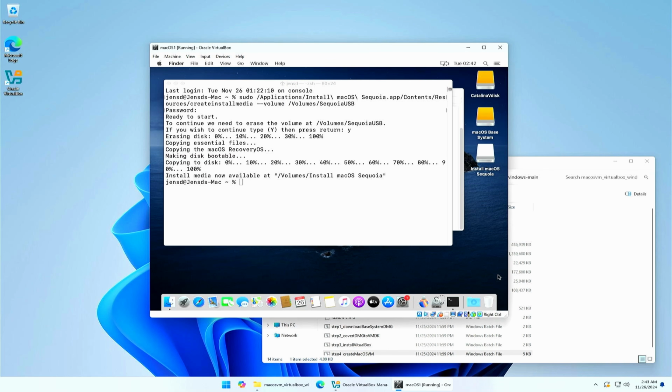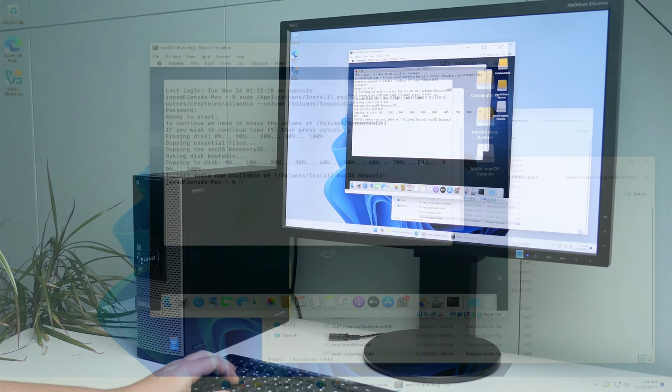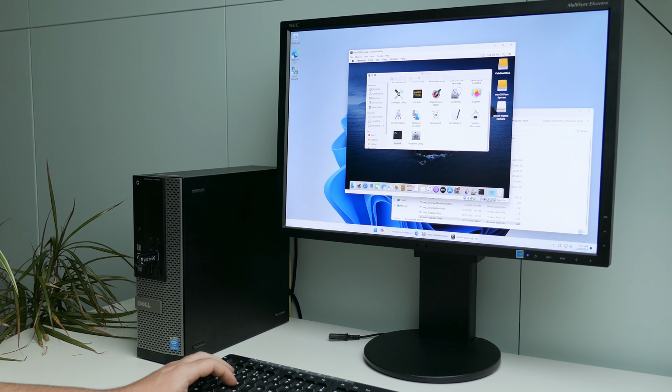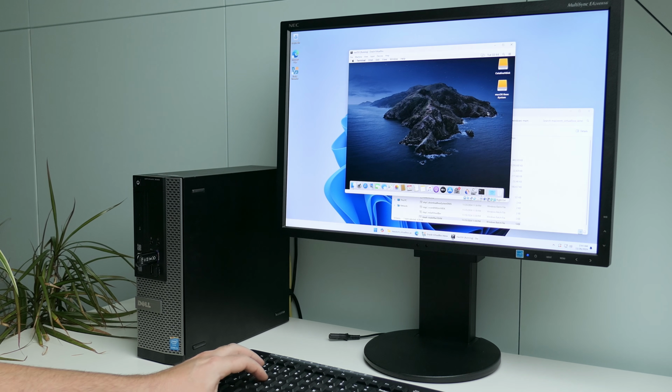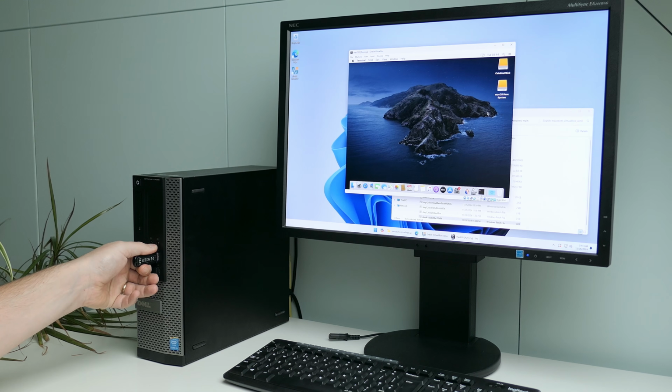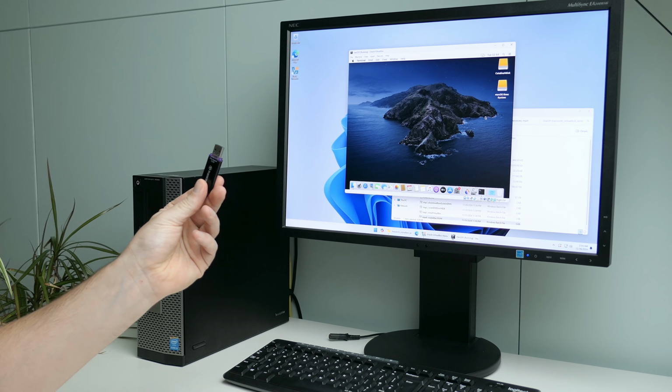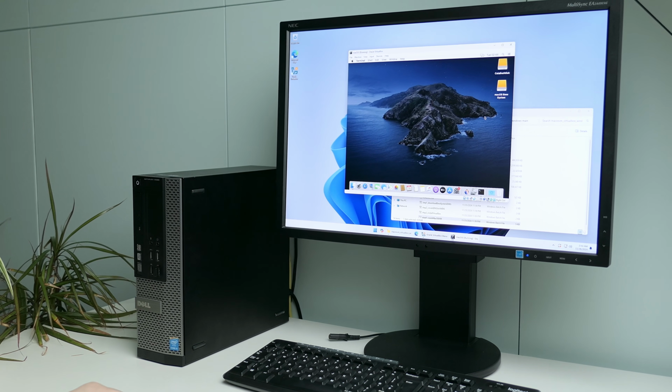Right now, if you plan to use the USB drive for a system that officially supports the macOS release that you downloaded and used to create the bootable drive, then at this point, you can safely remove the USB drive in the virtual machine, and we can use it to perform a fresh installation or recover a device which has issues booting into macOS. If on the other hand, you plan to use this drive to install macOS on a system that is no longer supporting this latest release, follow the instructions in the next chapter to prepare and install